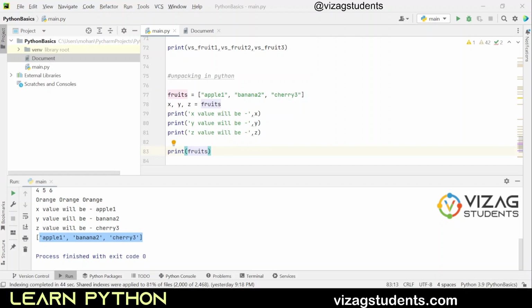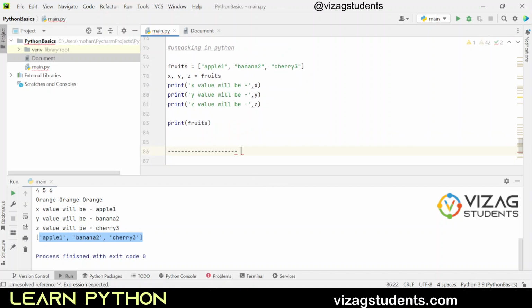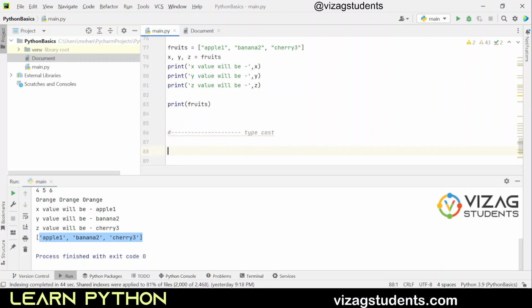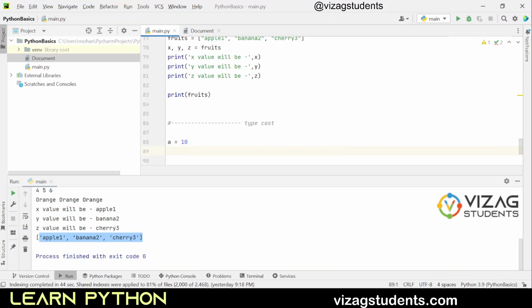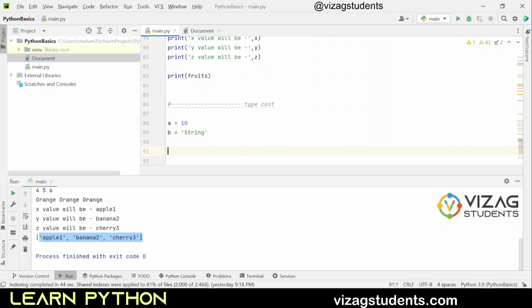And okay, I said typecasting, right? There is an error. Now we will discuss typecast. For example, I have a value called a, already used, I can use it, no issue. a equal to 10 and b equal to some name here, again a string value. If you want to print a plus b,